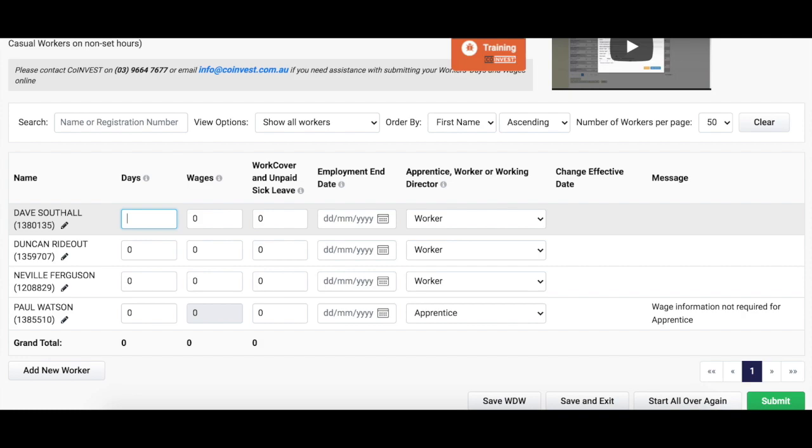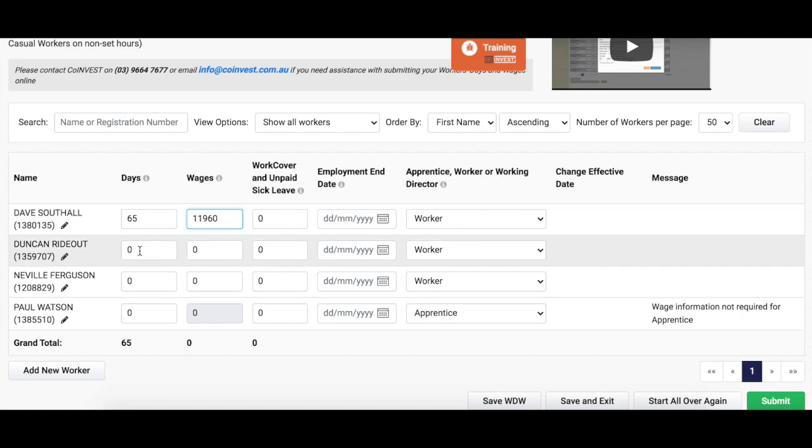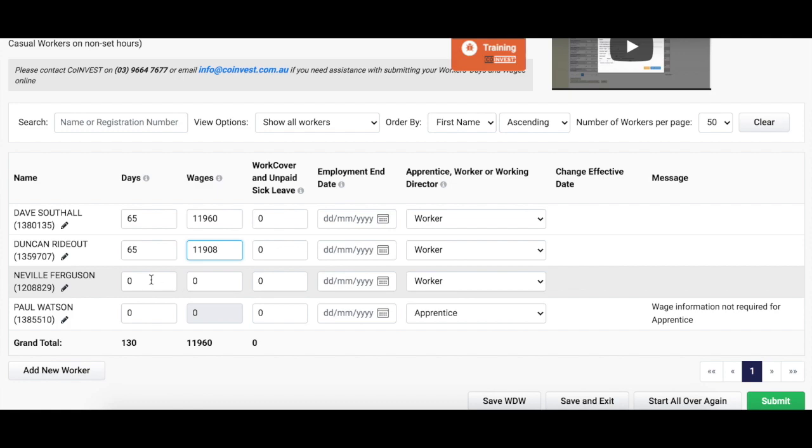For working directors and workers, including casuals, we'll need the days plus the wages, inclusive of any construction-related allowances. The days you report include any days for which the workers are paid: working days, public holidays, RDOs, annual leave and sick leave. If any workers have taken unpaid sick leave days or have been off on work cover for any time in the quarter, you can report that in the designated column,